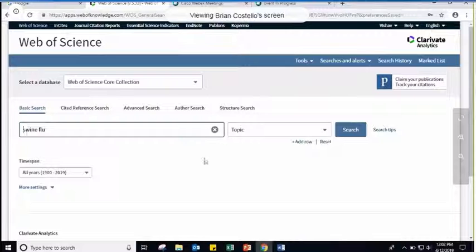Again, another use case. Now, whenever you're using Web of Science, right? Let's go back. Now, if you're using Web of Science and typing a keyword like this, swine flu, what is the other benefit? How can you make the best use of related records? I've already shown you a couple of ways that you can use related records, but what I'm about to say is that if you're using Web of Science,